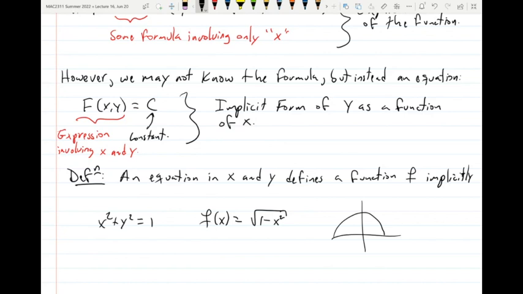The danger here is that the same equation may define several functions. There are two functions that you can define from this equation. Okay? The positive version and also minus the square root of 1 minus x squared. Again, this is just so we have the definition in place, but you really are not going to need it as long as you understand what implicit is. So an equation in x and y defines a function f implicitly if the graph